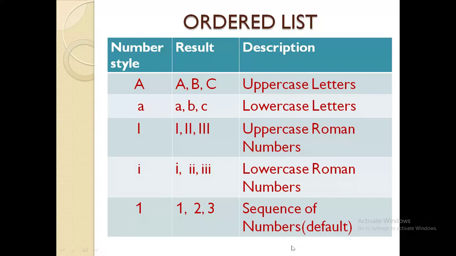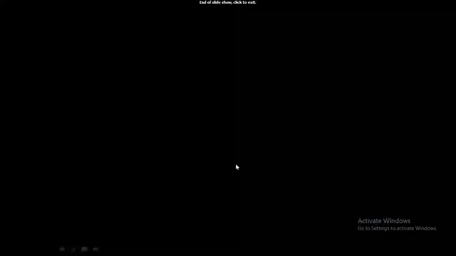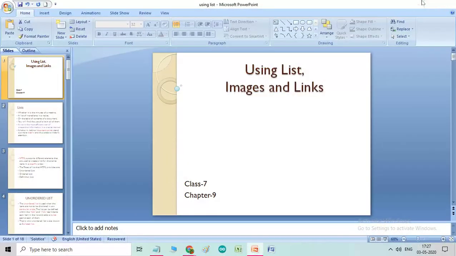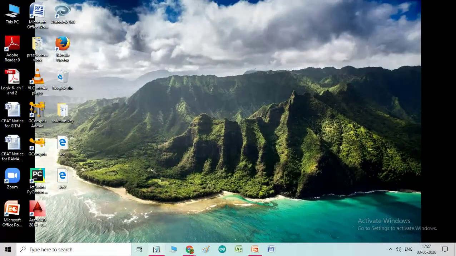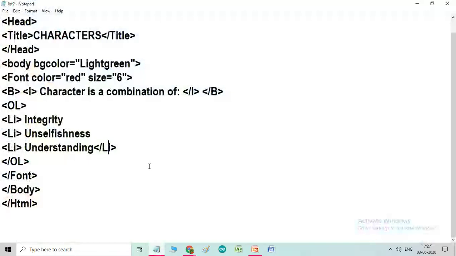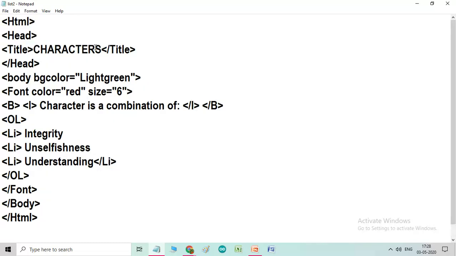Let us see the example. Here I have created one HTML page coding. In this coding, in the head part, I have defined the HTML head and title, and the title name I have given is characters, and the head is closed here.